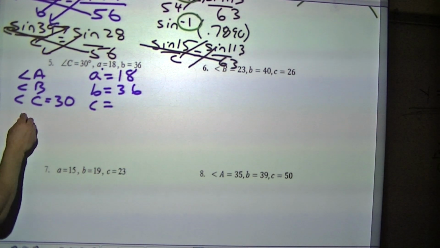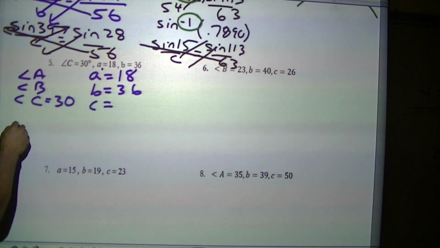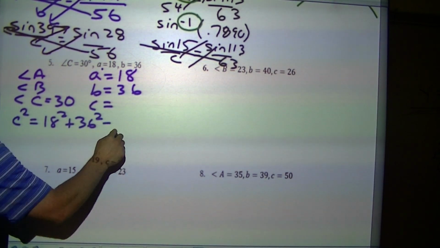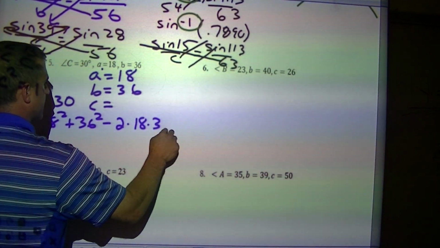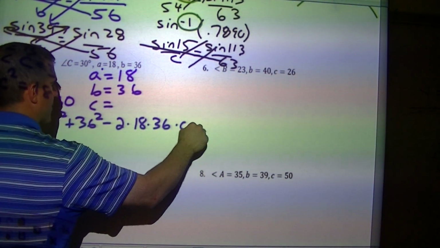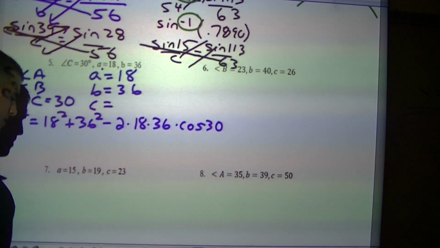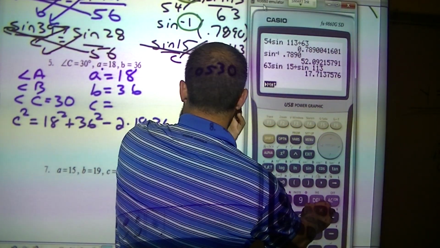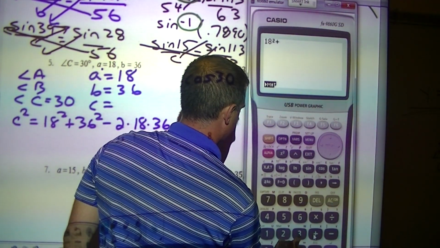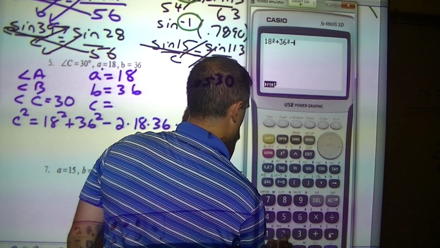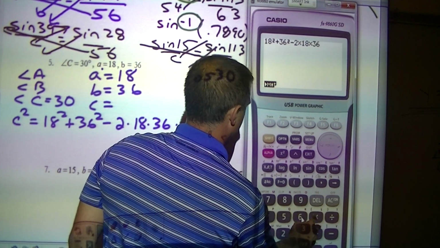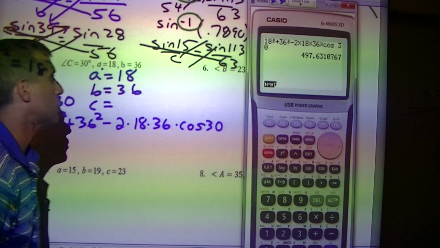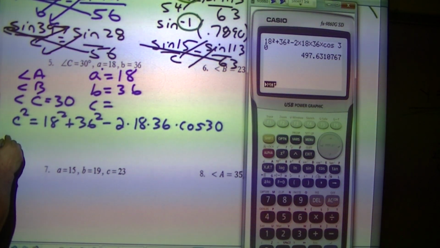And you all will have a formula sheet that you'll be able to use on the test. The formula sheet says that I'm going to have C squared equal to my two numbers squared minus 2 times 18 times 36, so it's times the sides, times cosine of 30. Now, what you have to do is figure out what that is first. So 18 squared plus 36 squared minus 2 times 18 times 36 times cosine of 30. Now, I want to take the square root, because that's c squared. I want to take the square root of